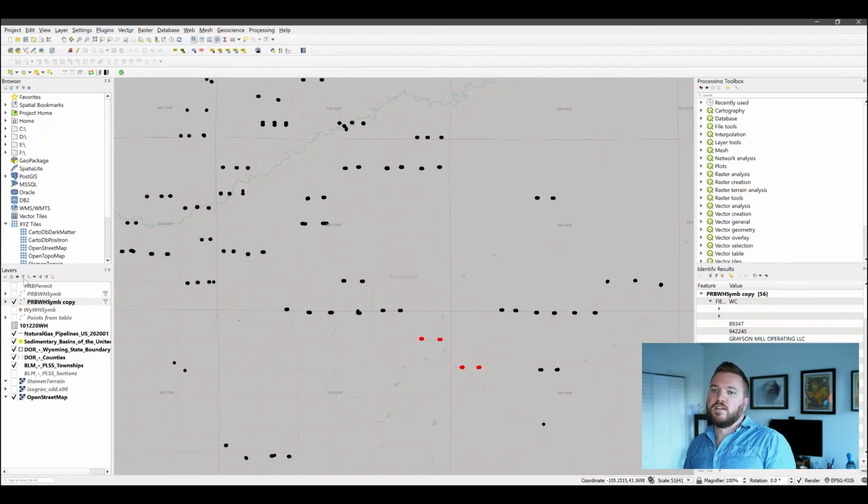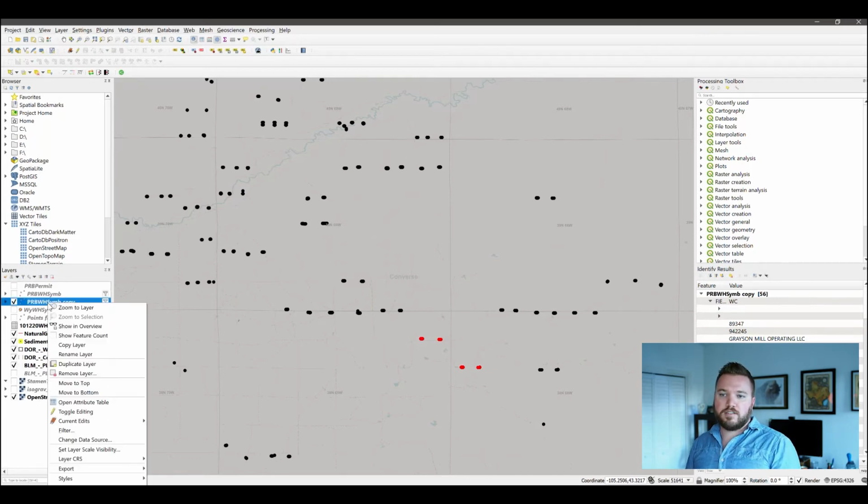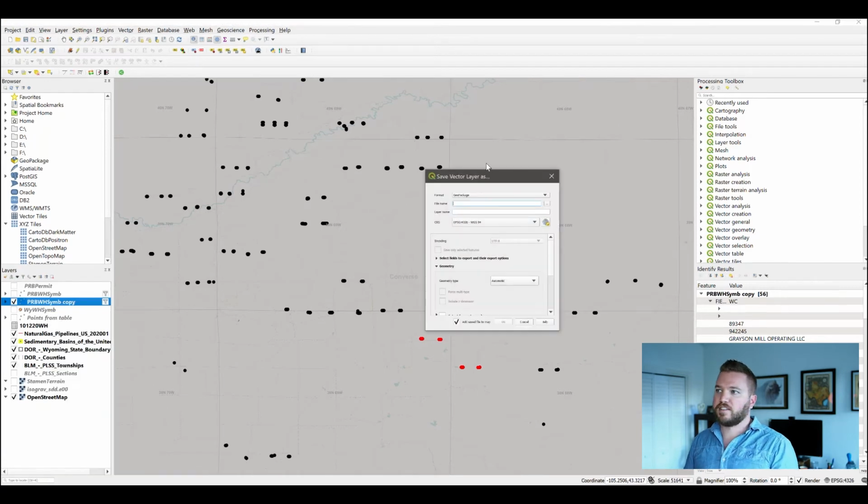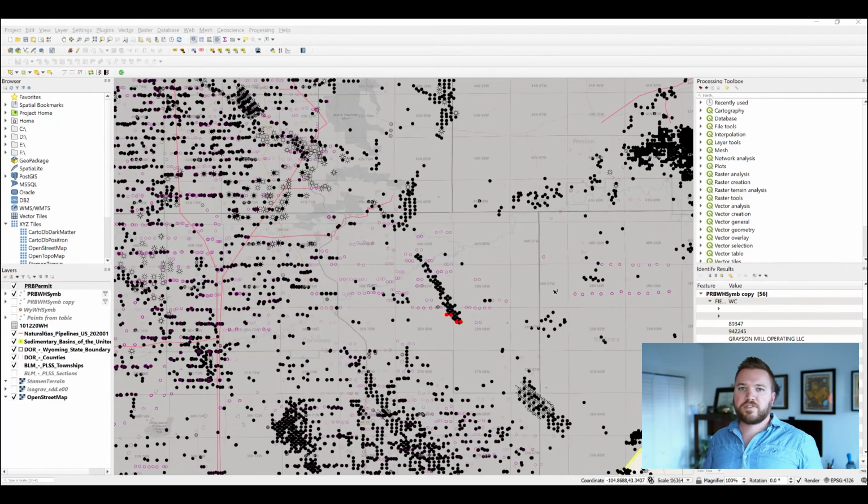Okay, great. So again, now that I've got this permit layer, I can right click it, I can export, I can save the features as, and I might call this one PRB permit. And perfect, that'll be great. So now that we've cleaned up the number of spots, we've honed it down to a basin, and we've categorized things by permits and not permits,